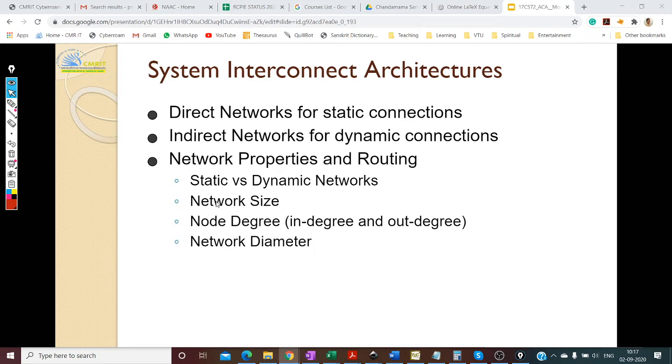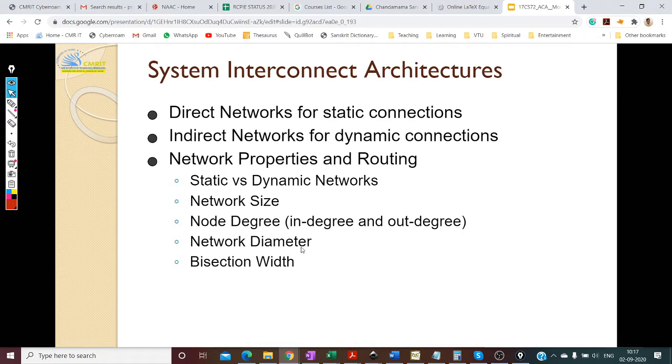That will give you the network diameter. Okay, so again we'll explore that. This is very important because this will tell you the worst case hops you will need to communicate from one node to the other.